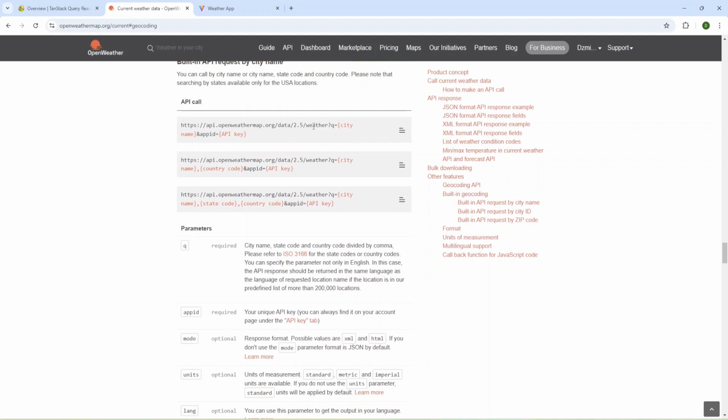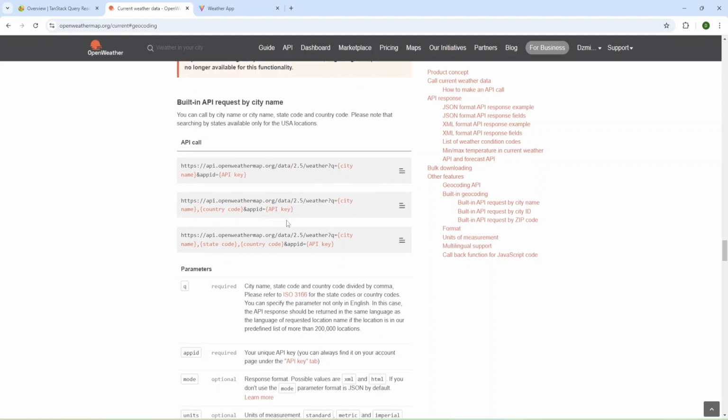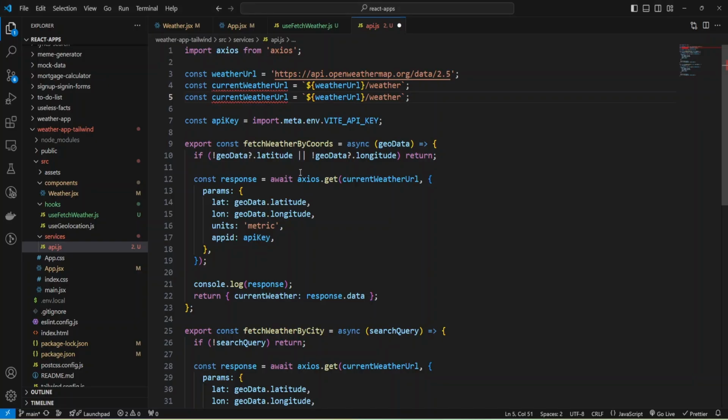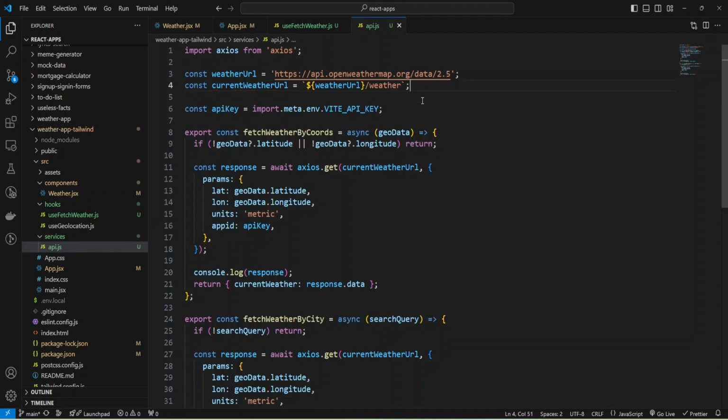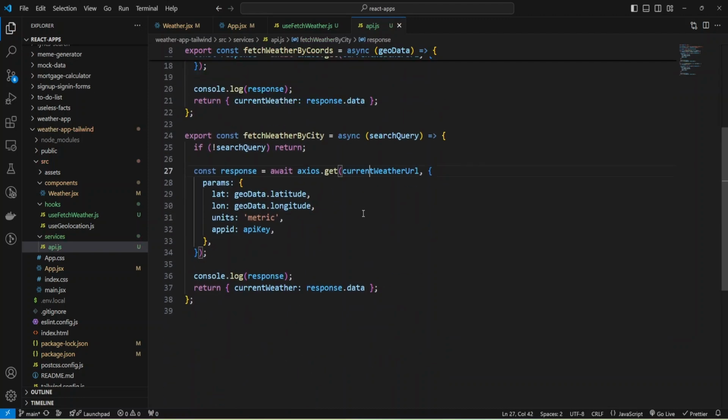So, we need to provide query, and it will be the same, but we'll change the params, and so for now we don't need this probably. And let me change.